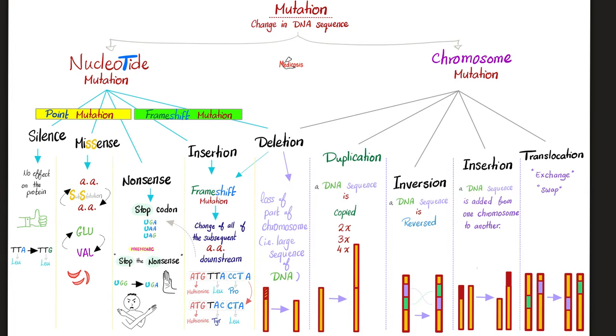Next, missense mutation. Missense, look at the S and the S, substitution of one amino acid into another amino acid. For example, I used to have glutamate, but now I have valine instead of glutamate. Oh, this is substitution. Exactly. This is missense mutation. And this is what happens in sickle cell disease. Instead of having glutamate, now you have valine. The end result is that your red blood cell will be abnormal in shape. In other words, sickled instead of circular and biconcave.